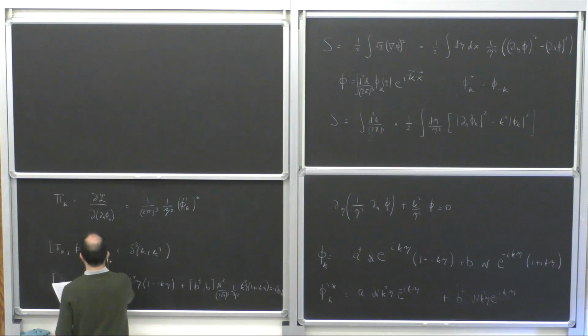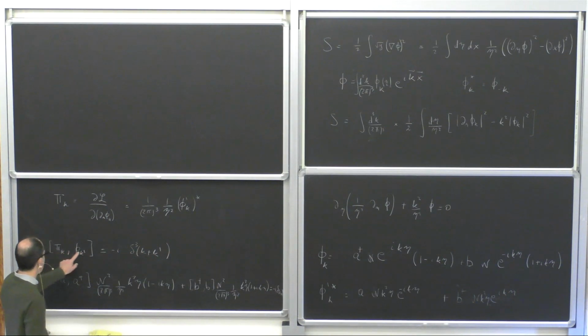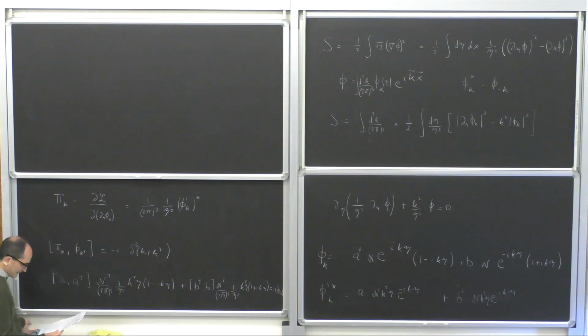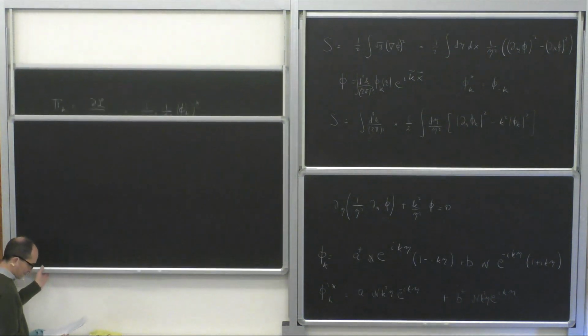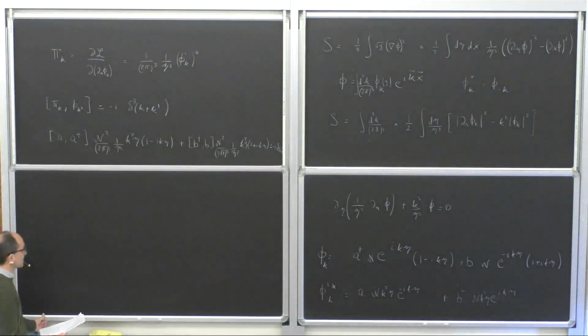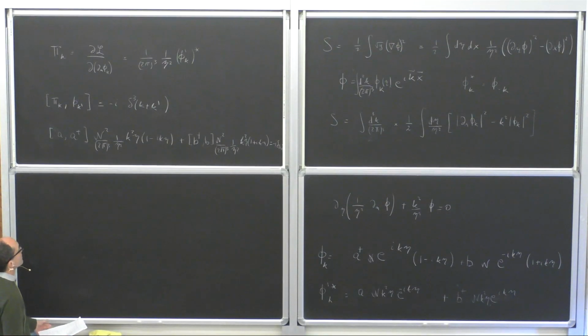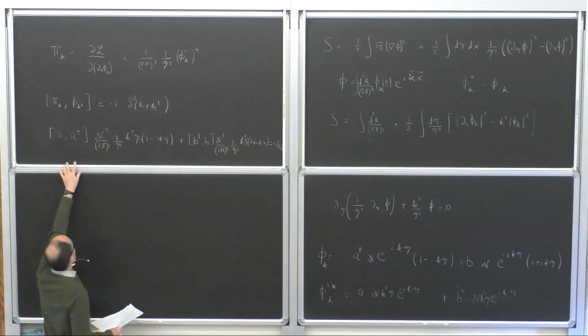Yeah, there is a minus i here because this is a pi with a phi. Phi with pi would have been the opposite. We would have a plus i. Okay, so we have this, and so now we see that first of all, if we set the first commutator to 1